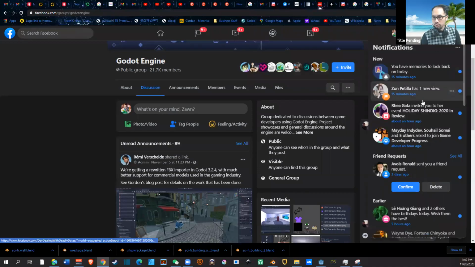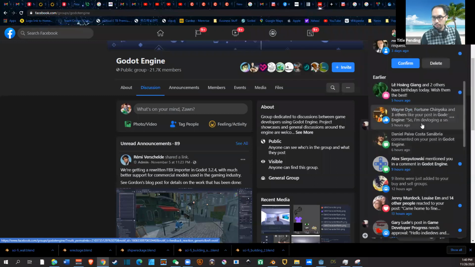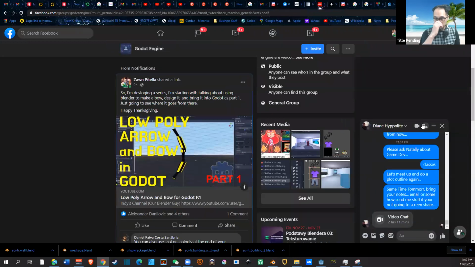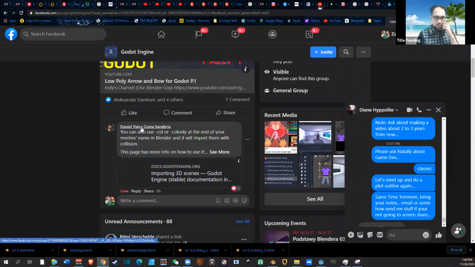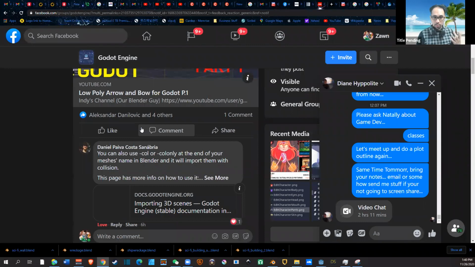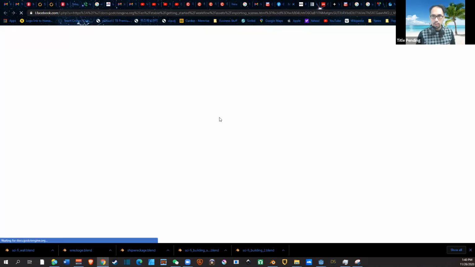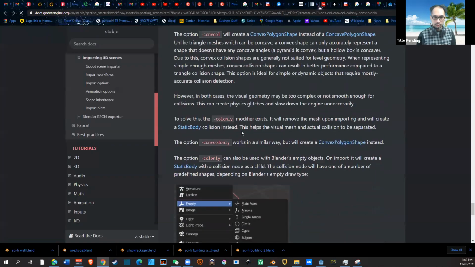So there was some advice that came from the last vlog. Daniel said you can use the -col or -colonly at the end of your mesh's name in Blender, and it will import them as collision. So if that's the case, I looked up the documentation, and I found this other thing that looked neat, which is